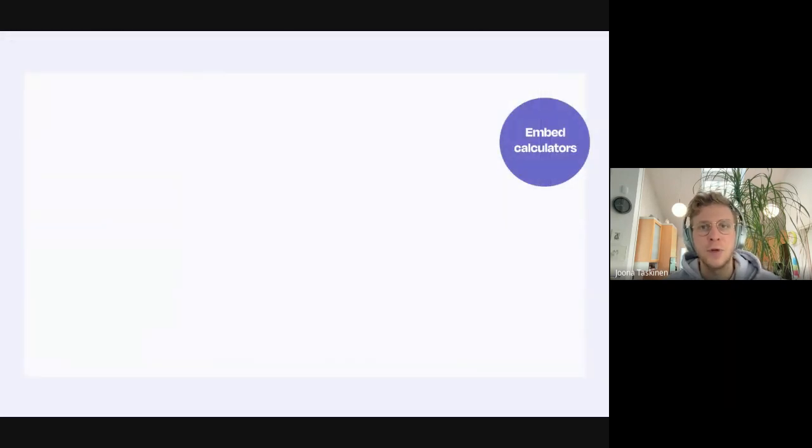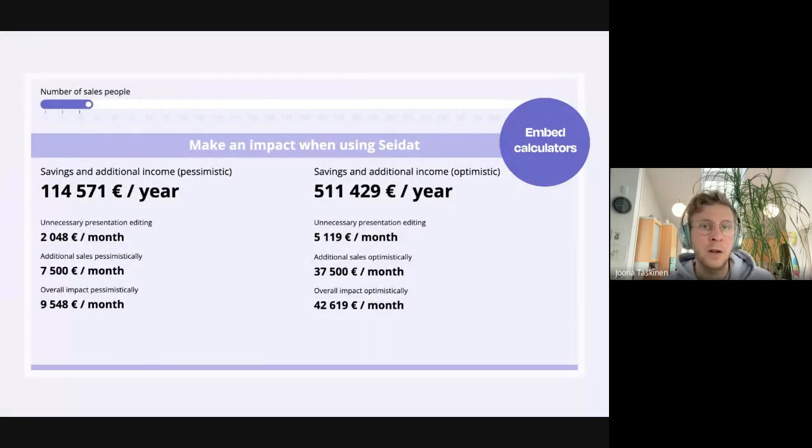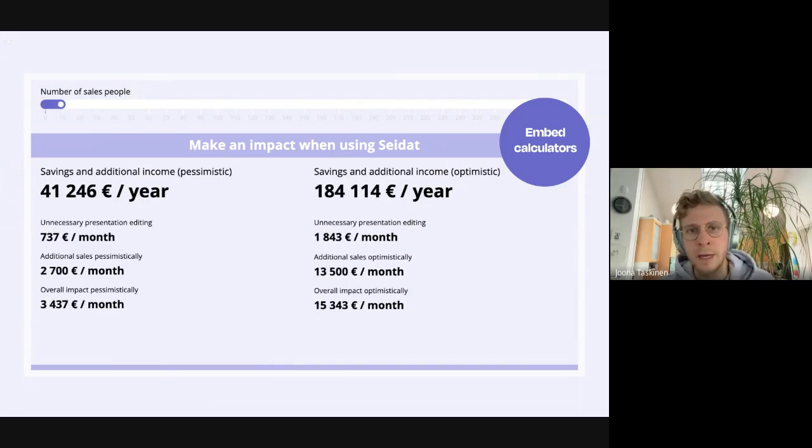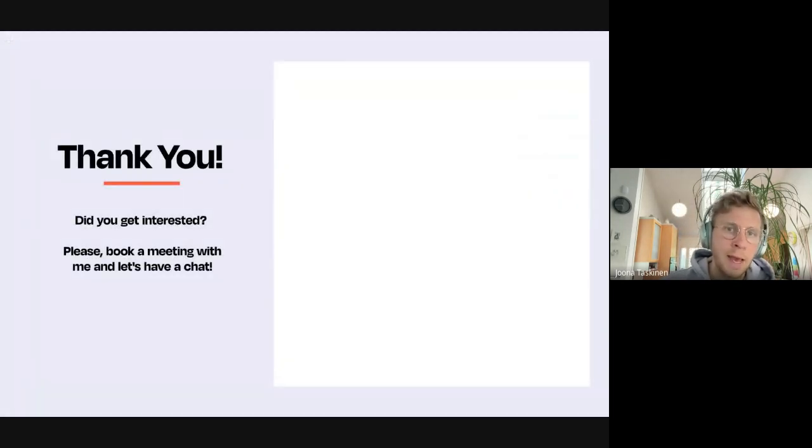Then it's possible to have different kinds of calculators. Here you have an example of a calculator that we have created for our own use. And again, the colors, the fonts, everything come together to really keep the message uniform. Then you may have some